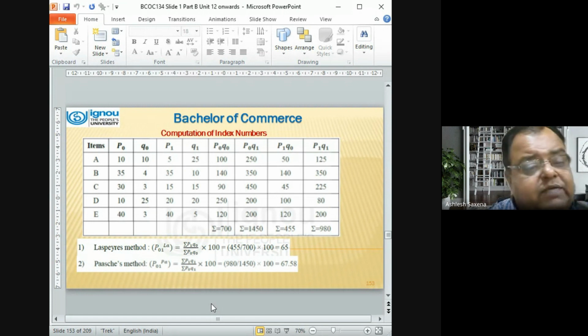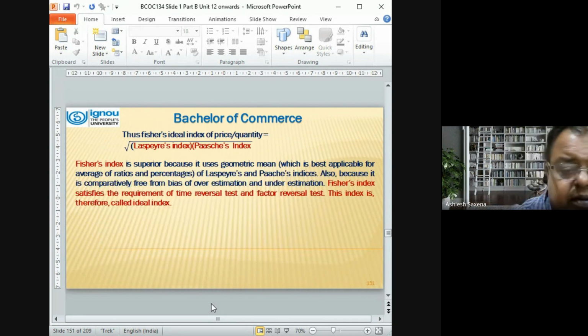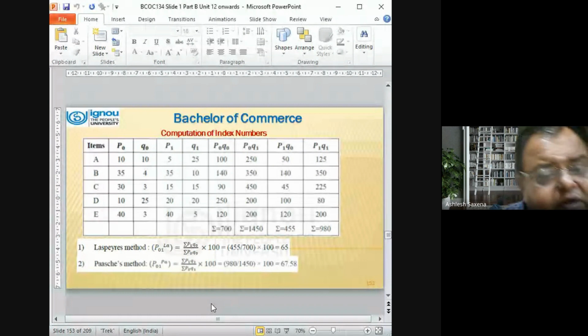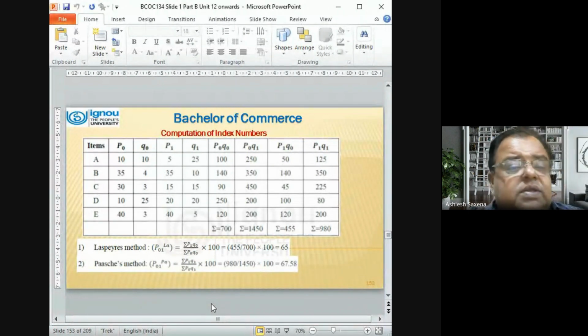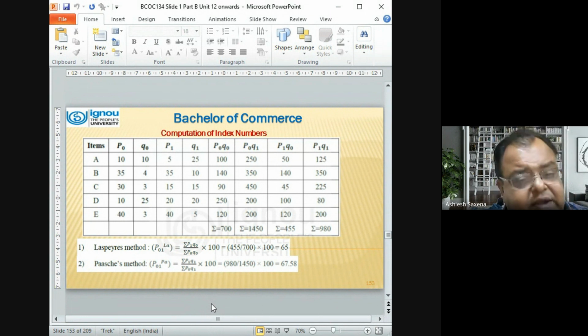This is the modification which is done. We were given A and B, that was P naught and Q naught was given to us. Similarly, we will find P1, Q1. Then, according to the usage of the formula, we have to identify or calculate P naught, Q naught divided by